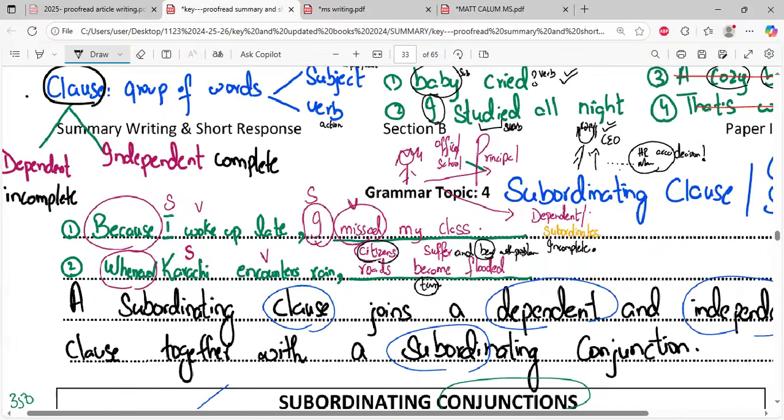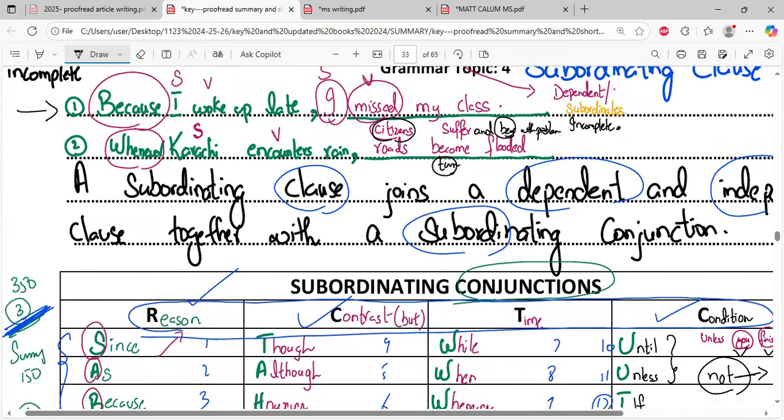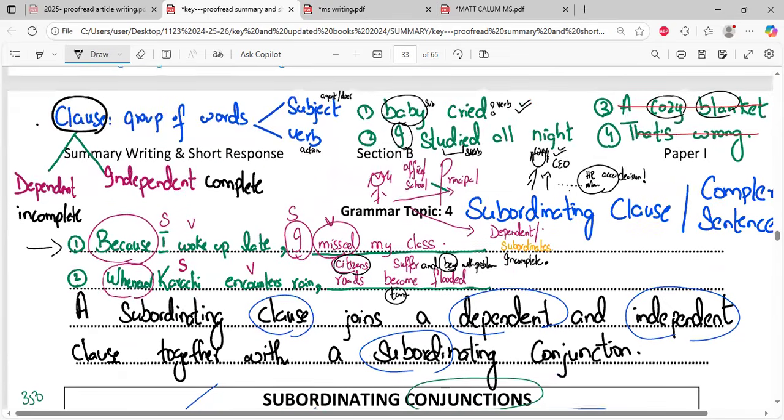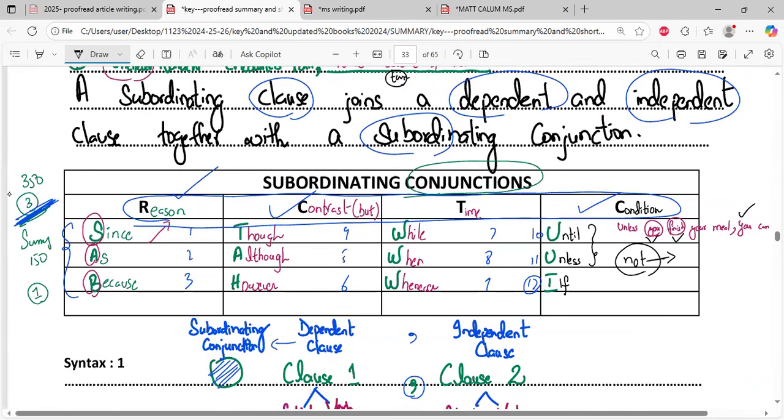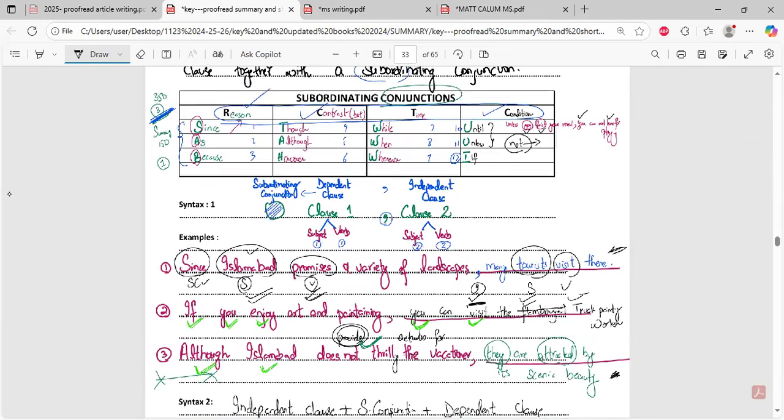Answer is yes. For example, look at the first example I'm reading from here. I missed my class because I woke up late. Now this is correct. We are starting from the last part. Or citizens suffer and bear with problems whenever Karachi encounters rain. Okay. Or is there any other example on screen at the moment? कोई भी example को you can reverse and this is called syntax type 2, यानी कि arrangement number 2. Examiners appreciate your command over structural variety.